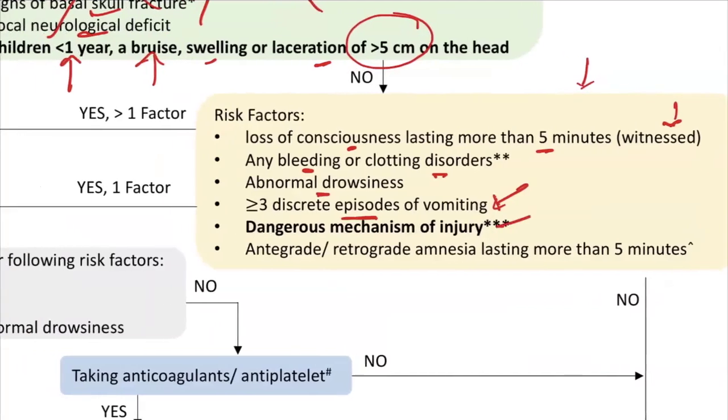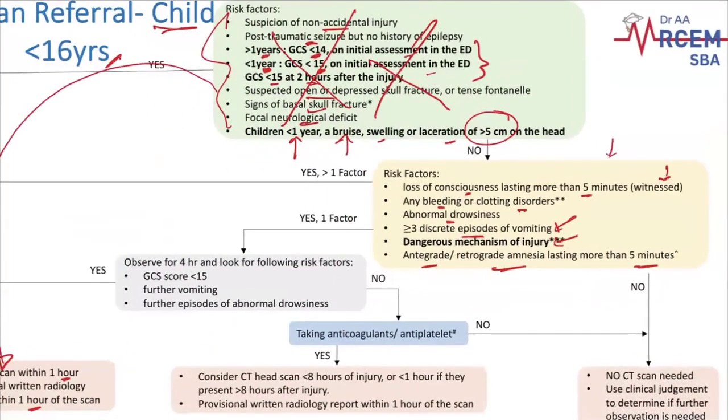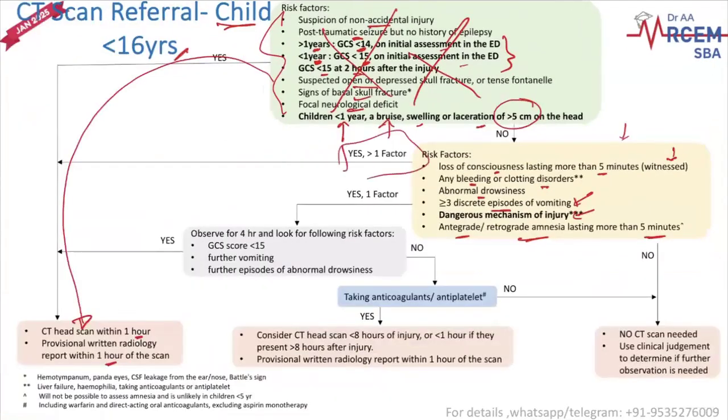Any dangerous mechanism of injury, antegrade or retrograde amnesia lasting for more than 5 minutes. How many of these risk factors are present? You need to see. If more than one risk factor is present, then you get a CT scan done within 1 hour, and a written provisional report should be given within 1 hour